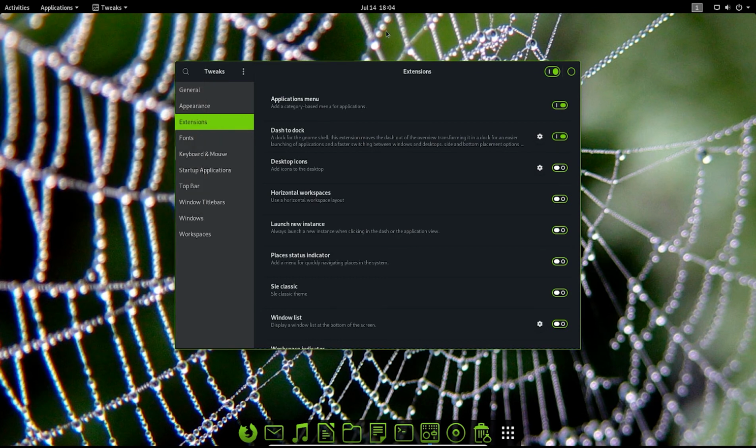Now that one and also the dash to dock had both failed after the upgrade. And I wasn't sure exactly how to upgrade them because certain distros do it different ways, and I get a little confused sometimes. So what I did learn was that in OpenSuse, you would simply open up Firefox